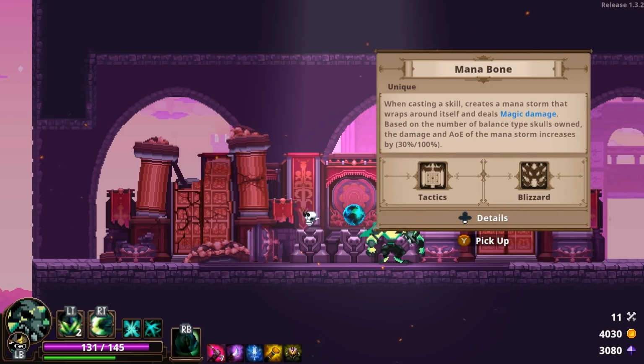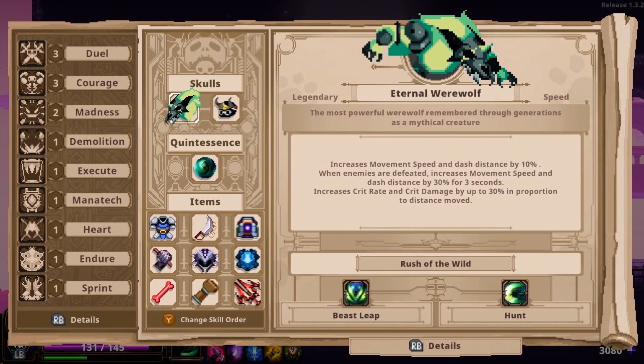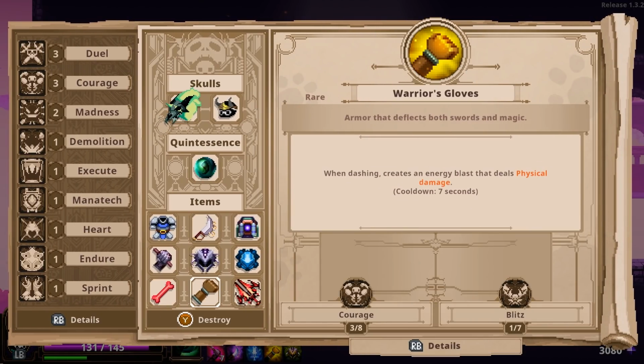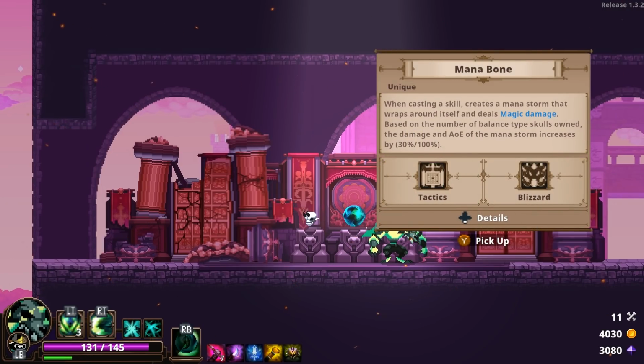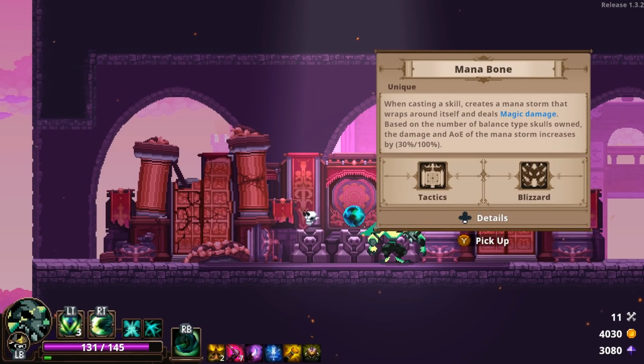Gargoyle, Bung, and Mana Bone. Mana Bone's pretty nice, but no. Without any more balanced skulls, it's just not worth it. I could ditch, like, Warrior's Gloves for it, maybe. But it is contributing courage. I've got 15% from courage as is. So I'd be losing 5%, but is it worth it for Mana Bone? I don't think so. I've got nothing boosting my magic damage, so you know...